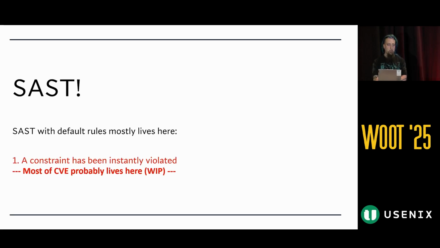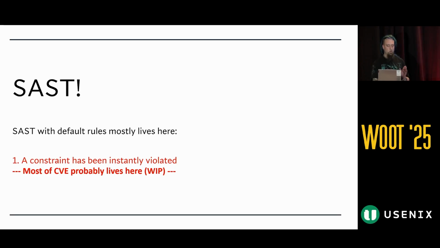So, thinking a little bit about the tools that we need to actually apply these concepts. SAST, a constraint has been instantly violated. I used the computer wrong. This is one of those things where I can find the cases with the SAST where the input language that my VM is running does have bad words in it, and I can prohibit anyone from saying those bad words, or I can make those bad words no longer meaningful, and then I can deal with,